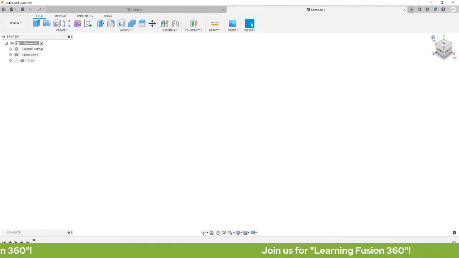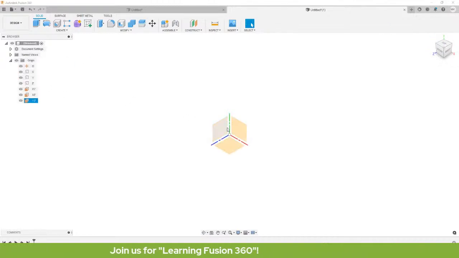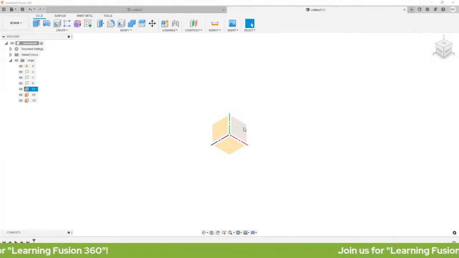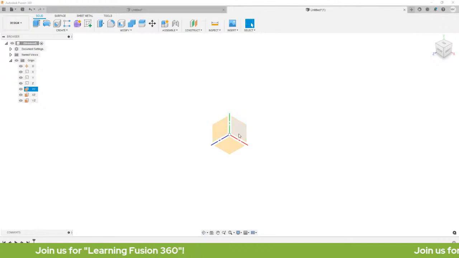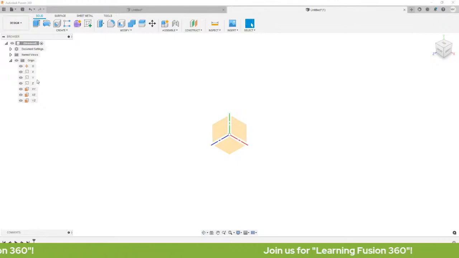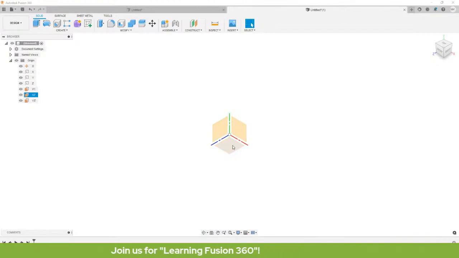Wait, let me relaunch. We have our three papers. So here's our YZ, our XY, and our XZ. Okay, so ito, yung green, yan ang ating mga axis. So Y, Z, and X, no? So kung ano yung nagla-light dito, magla-light din siya dito sa middle. Okay?